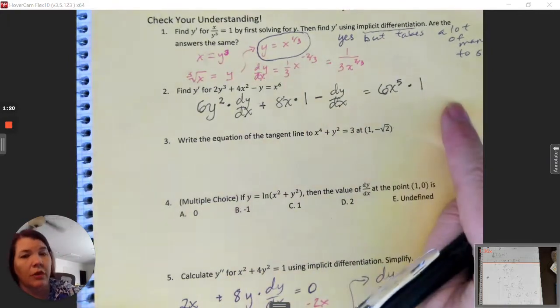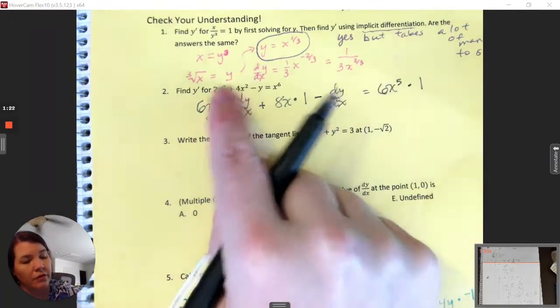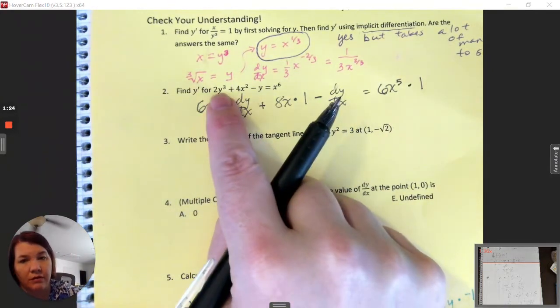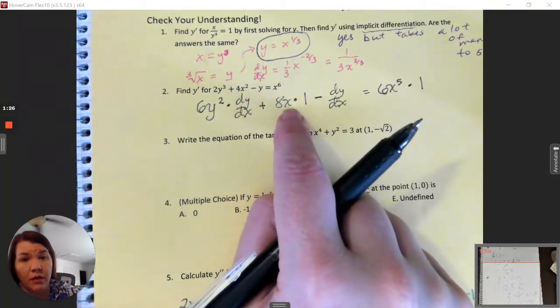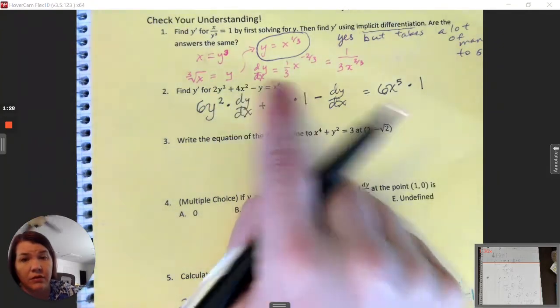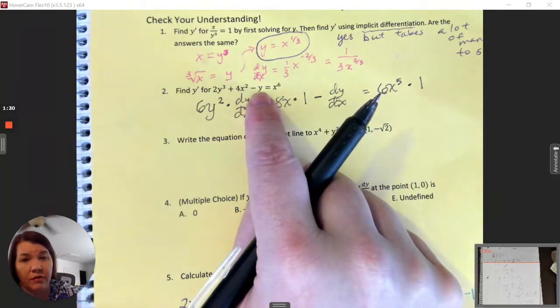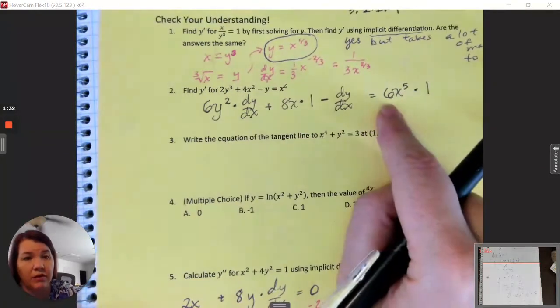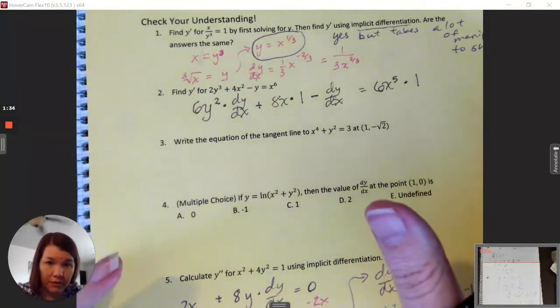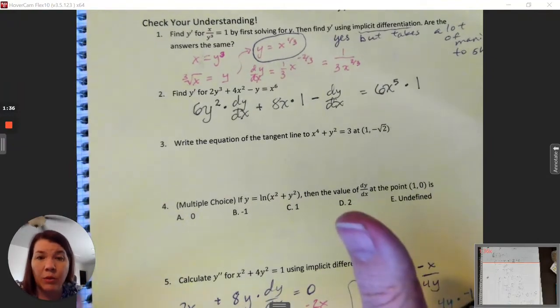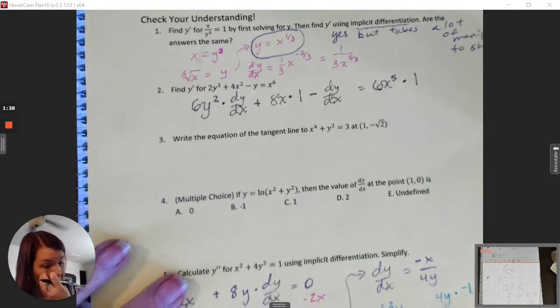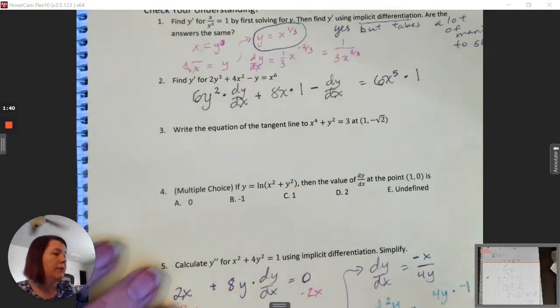So notice I'm chain ruling the whole time. So the derivative of this, chain rule of the inside function, which is y, and the derivative of that, derivative of the inside, which is 1, derivative of that, dy dx, derivative of this, so on. So I've taken the derivative, but I need to gather dy dx on one side. So what I'm going to do is go ahead and clean it up just a little bit,